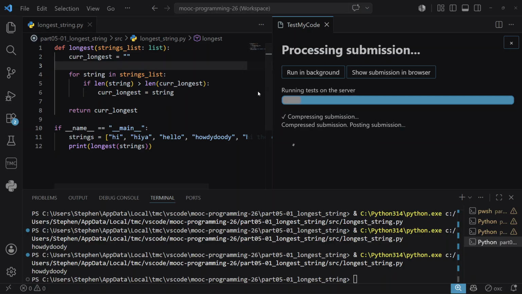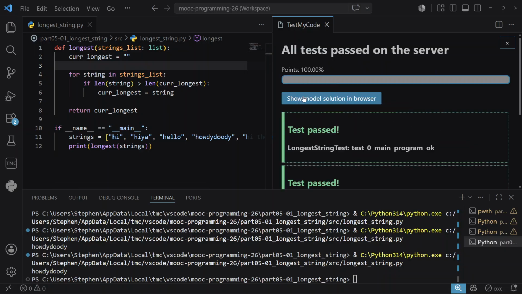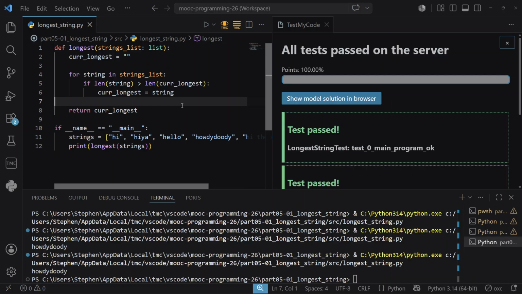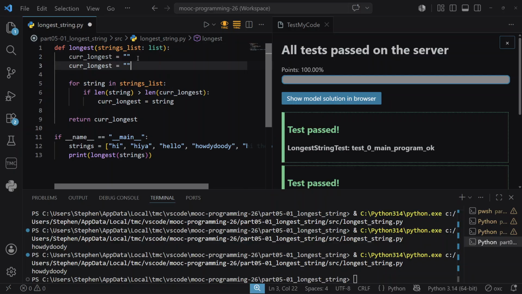So yeah, we have these two solutions. The first one, submit both of them. You're still going to get credit for the first one because we got it right. But you can do it this way, which is again a lot more streamlined, or you can do it the other way,